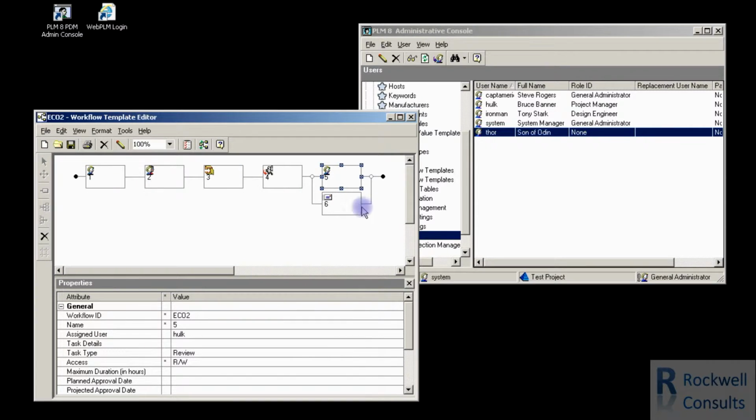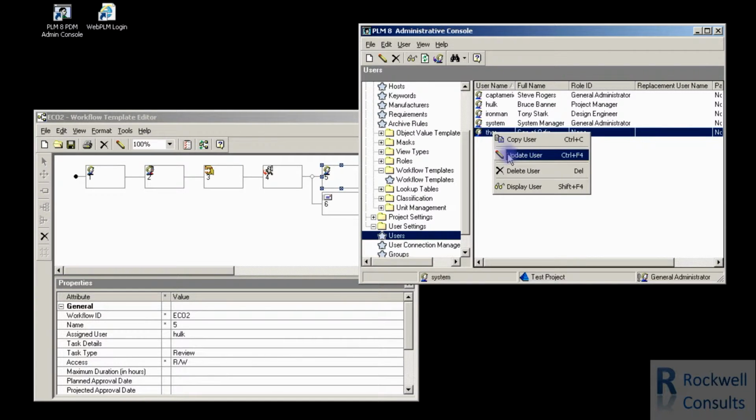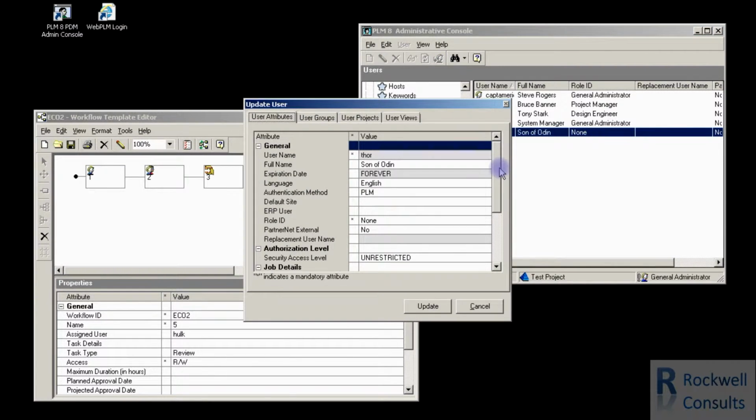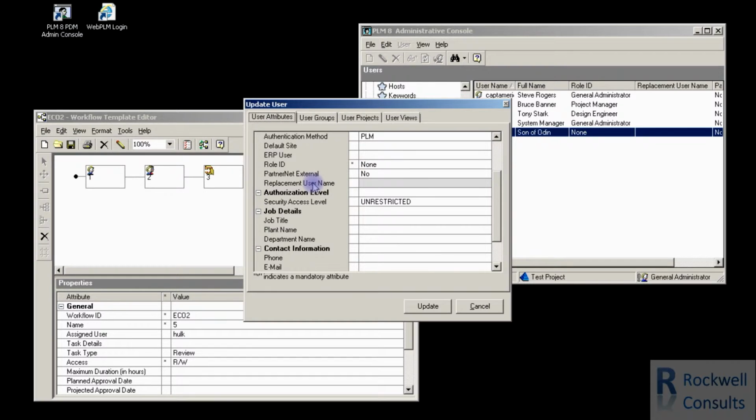In order to do that, we are going to look at his user information, and there's nothing here that seems out of the ordinary other than this role ID, which says none. In order for you to have the ability to be assigned to any task, you have to have a role that is anything other than none, meaning that you cannot do anything in PLM. So let's update that,